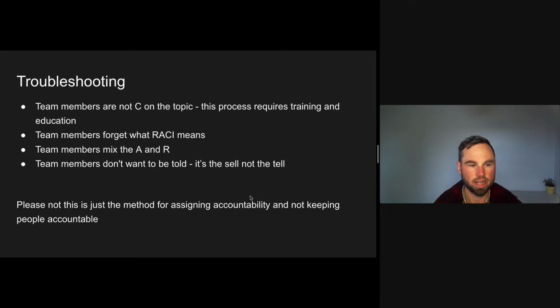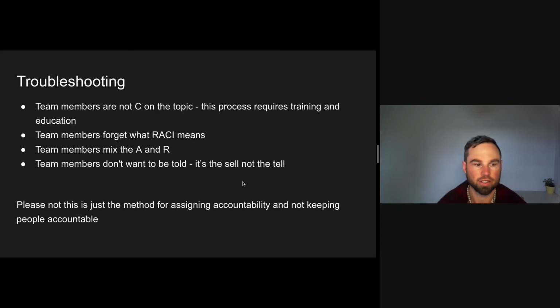So the troubleshooting: team members are not consulted on the topic, so this process requires training and education and reiteration. Team members forget what RACI means. You might care about it when you're implementing it, but this is not top of mind for them. Team members mix up the A and the R. This is really important, and it is tricky at times, so I would suggest going back and looking at those definitions. But the big one to take home there is that the A is in charge of everything. When it all comes in and it's said and done, the A must make sure everything's completed in that project